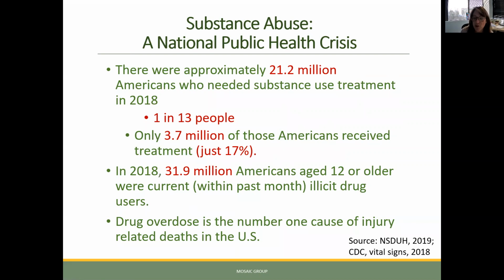And that's where emergency rooms become a wonderful place for us to be able to do this and where you guys come in. In 2018, close to 32 million Americans age 12 and older were just within the past month using illicit substances, and drug overdose, sadly, has now become the #1 cause of injury-related deaths in the US, surpassing